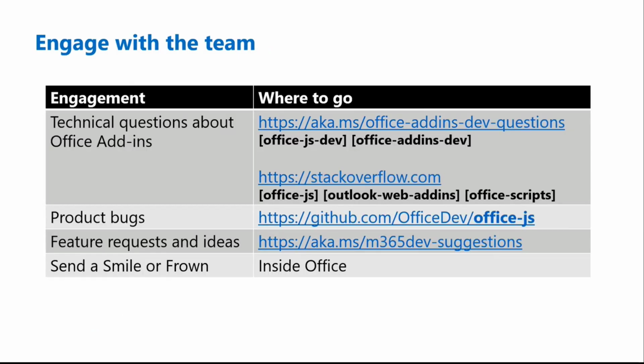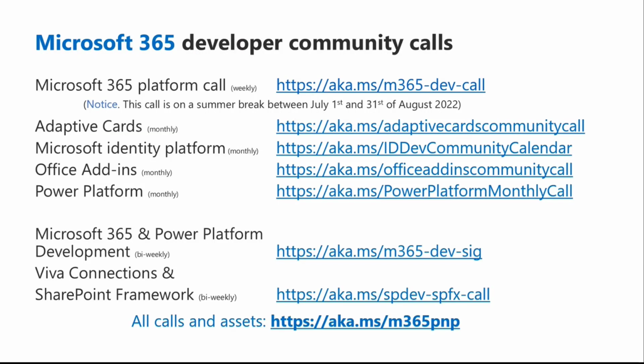If you want to engage with the team, there's some links and resources here for if you have technical questions about Office add-ins, you can go to stackoverflow.com or this aka link to office-add-ins-dev-questions. For product bugs, let us know on our office-js repo. And future requests and ideas, go to aka.ms/m365dev-suggestions. There's also additional community calls besides this one. So there's links here for all of these calls. If you're interested in any of these areas, go check those out. You can get all the calls and assets at